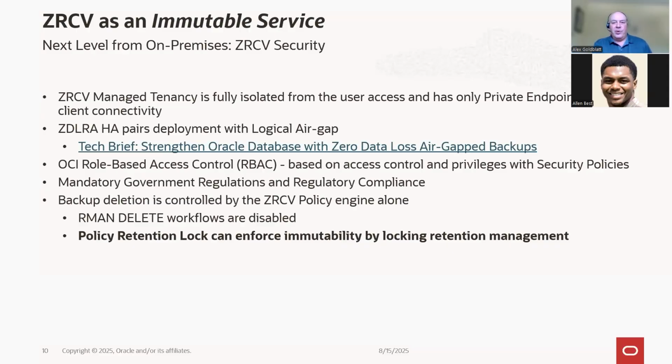Because if you have a business and you have to show to your CISO office that you have complete immutability, you really have to prove the point that there is no accessibility point to the backup universe that would allow some rogue actor to delete your precious backups. Because again, the backup is the last bastion, right? So this is the last